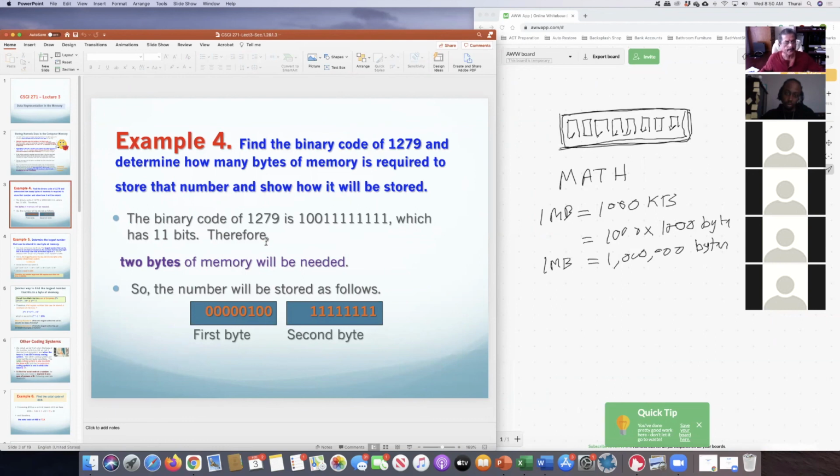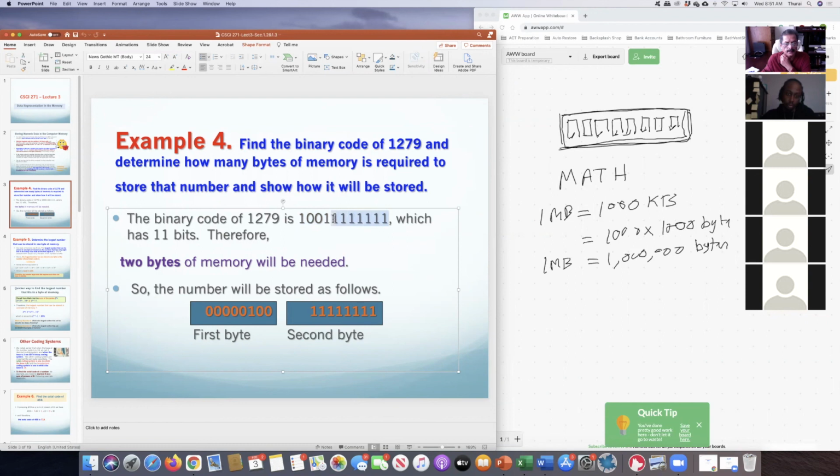That's our next thing. So let's look at the number 1279. You learned how to find the binary code. So I found the binary code as this for 1279. And that has 11 bits. So when I store this in the memory, I have to use 2 bytes. So if I use 2 bytes, the last 8 ones and zeros at the end will be stored in the second byte. So this part,